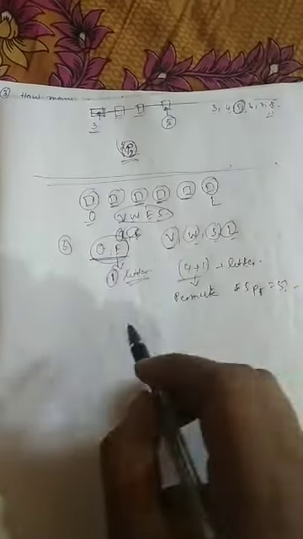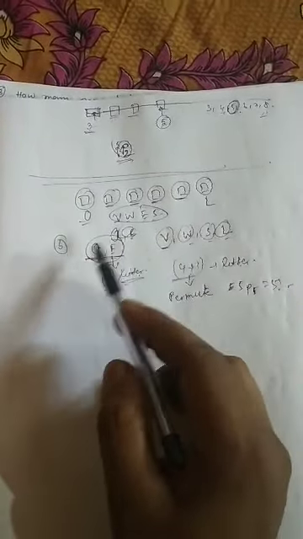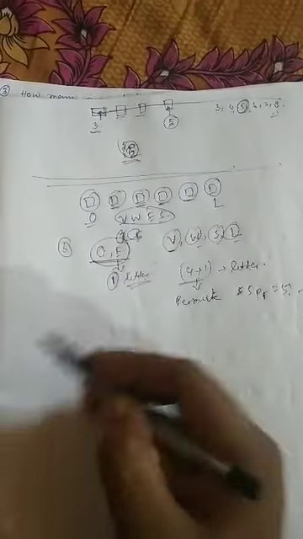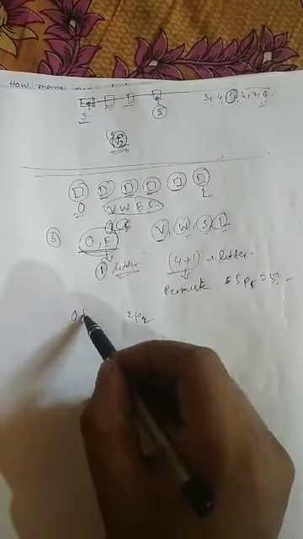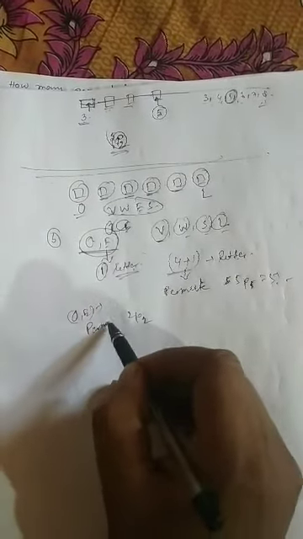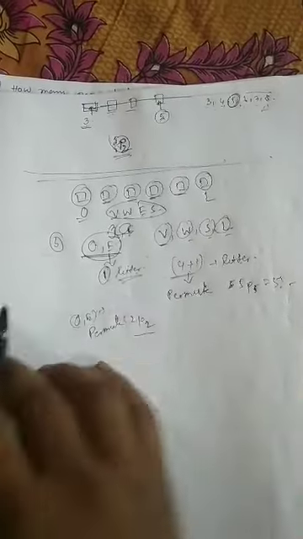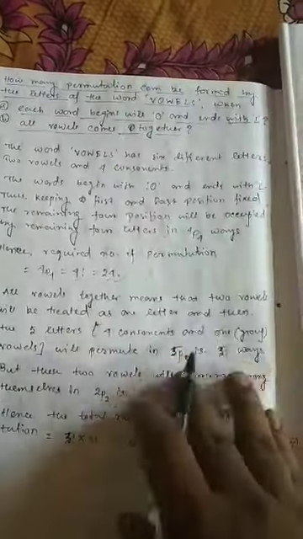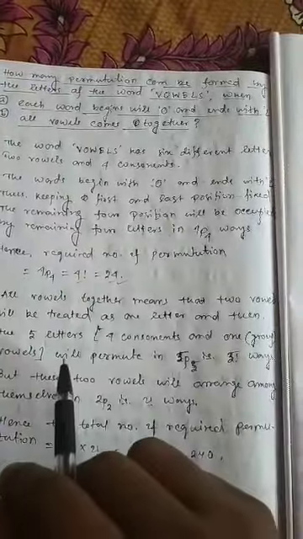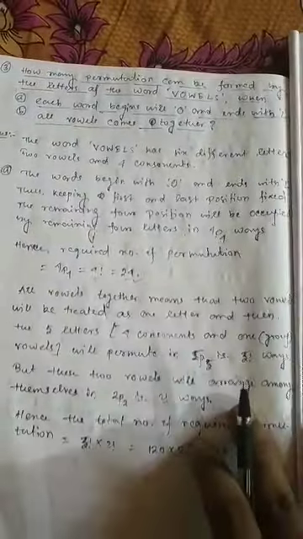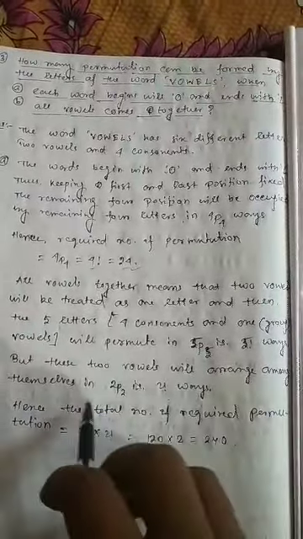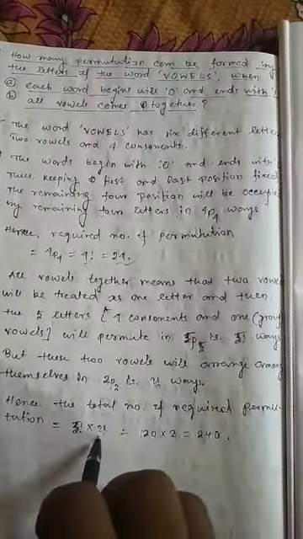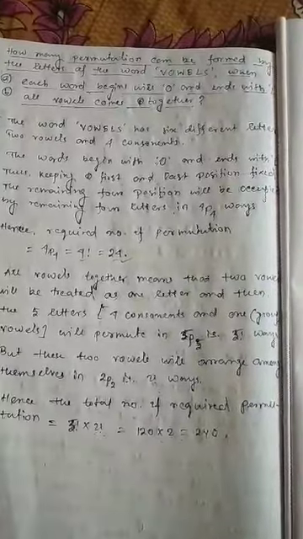Now, in each of these 5 factorial ways, O and E can permute themselves in 2 ways, 2P2 ways, right? O and E can permute in 2P2 ways. So, as the 2 events occur successively with 5 factorial and 2 factorial ways, hence the total number of required permutations will be 5 factorial times 2 factorial, 120 into 2 is 240.